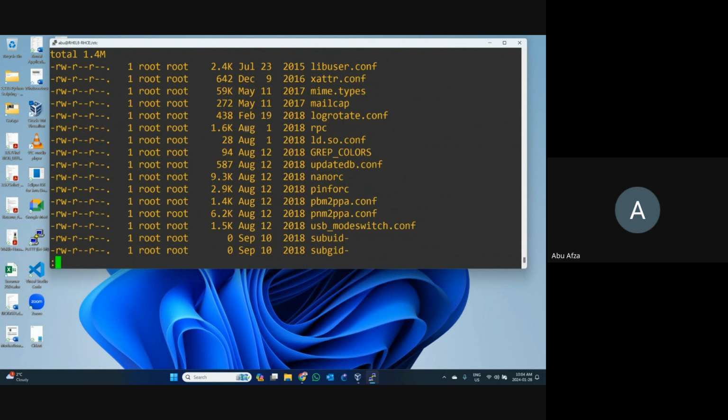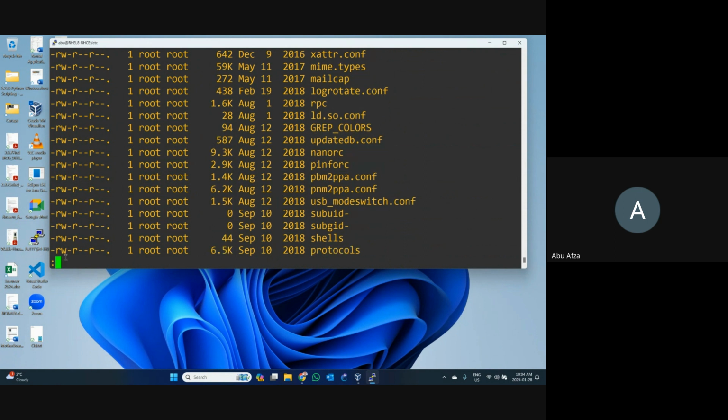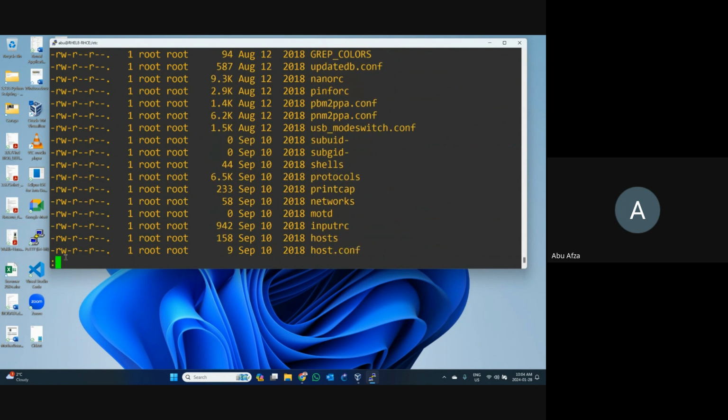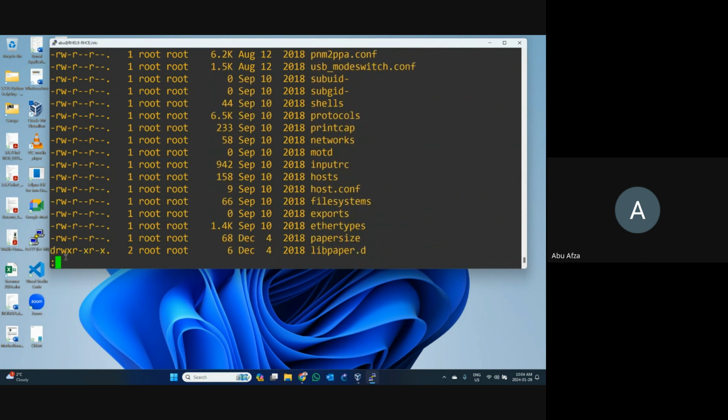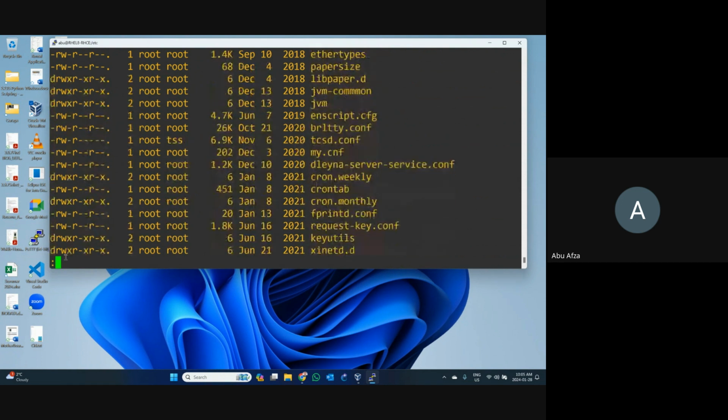So this is the first page, press enter. Then you can see the second page. How do you know this is the second page? You can see there is a colon symbol and the cursor is here. When you press enter, you can see another page. Press enter, another page. You can see everything is changing. Press enter, press enter, press enter. That means lots of files are changed now, and we can see step by step.